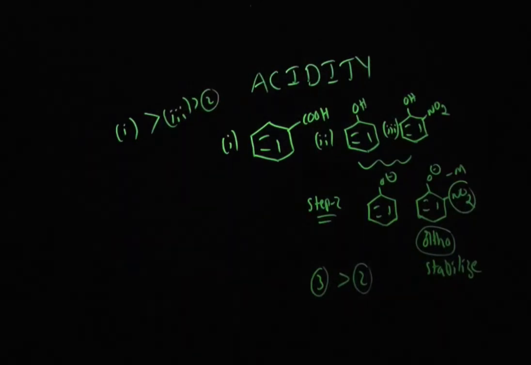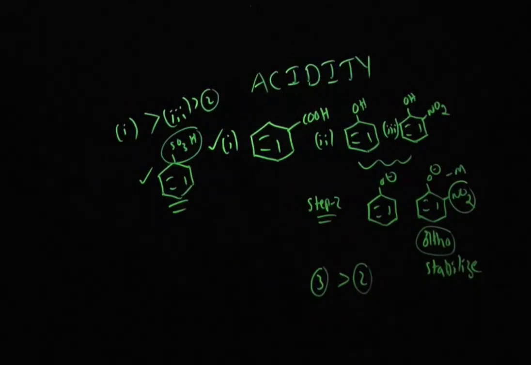COOH is always king, unless you get some sulfonic acid. For example, if the question has SO3H, the sulfonic acid is more acidic. Generally sulfonic acid is more acidic than carboxylic acids. In such a case only, COOH is less acidic. This is the only case in organic chemistry in which an acid is more acidic than carboxylic acid. So remember this point: sulfonic acid is more acidic than carboxylic acid. Here we have carboxylic acid only, so carboxylic acid is more acidic than alcohol. So carboxylic acid is supposed to be first.